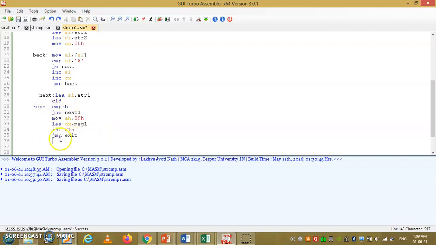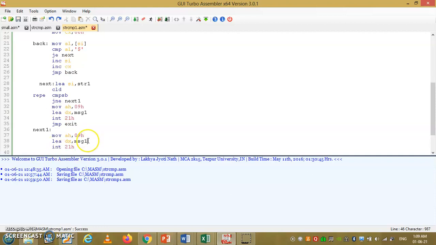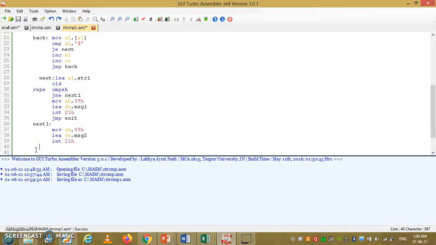After that it will come to the next one, and it will display the message, and after that the program is over here.